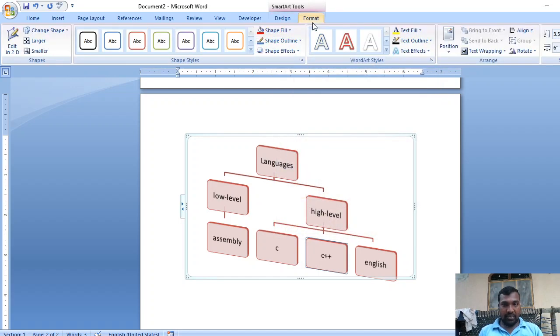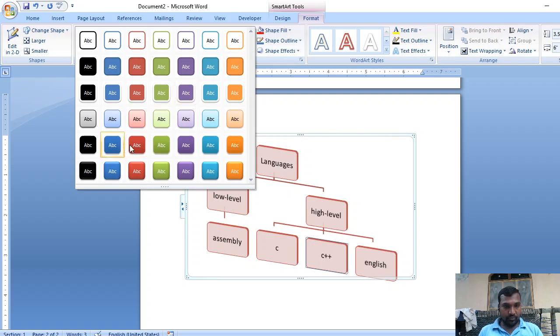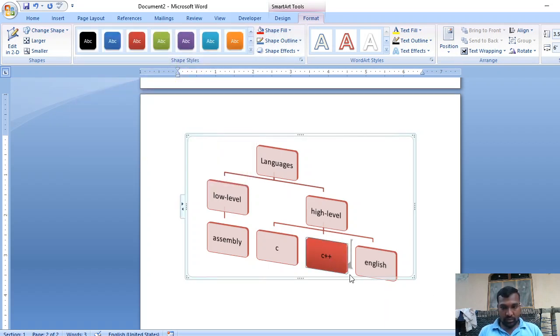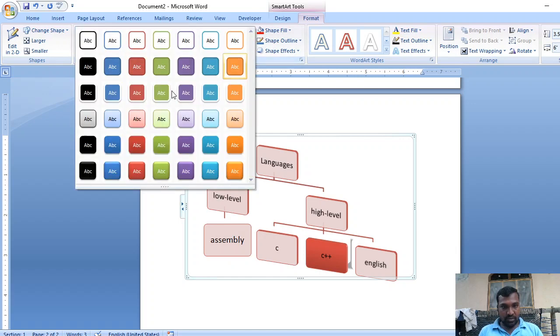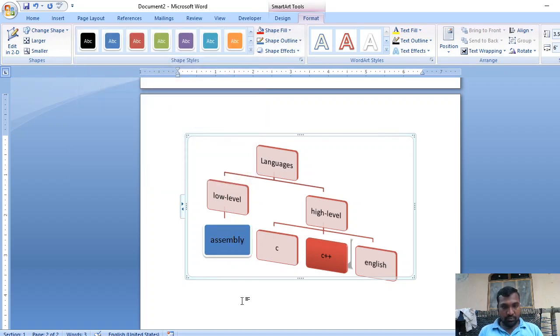Now I want to format with some shape styles. As I am choosing C++, this particular shape style will be applied. I want to change this assembly to blue, and this C to orange.